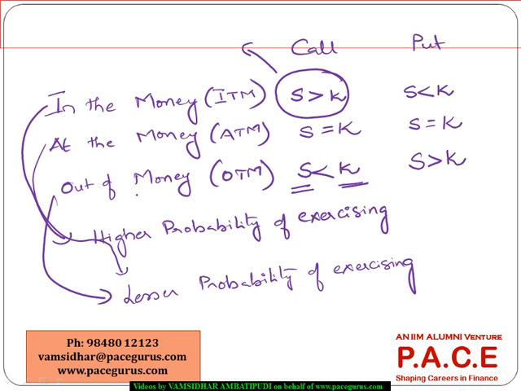So generally, when we are talking about in the money options, there is a high chance that they would be exercised on the expiration date, but for out of the money options, there is a very rare chance that they get exercised. This is one kind of terminology we need to be comfortable with. And another type of terminology which we need to be comfortable with is the intrinsic value of the option. When I use intrinsic value, it means that if I exercise the option today,